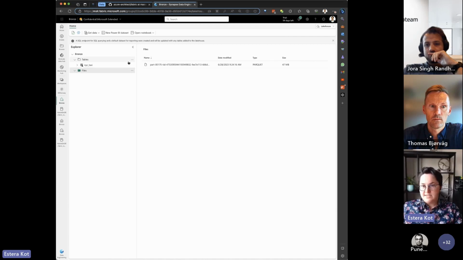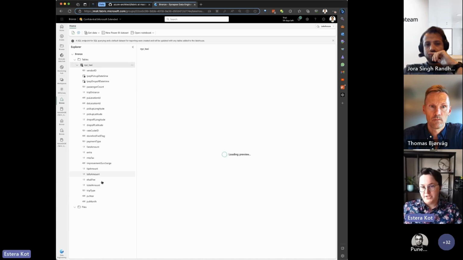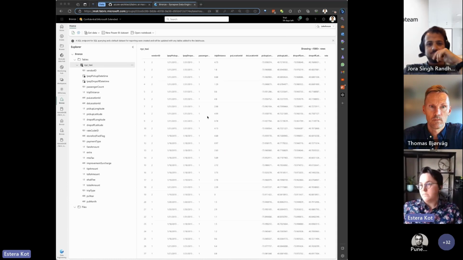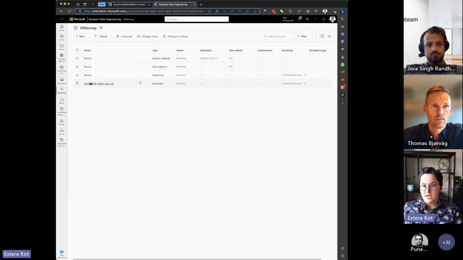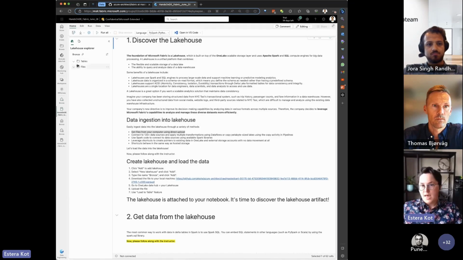Okay, at the same time, as you can see, we got a table. No need to refresh. We can just load it to the preview. We can check the types, some visualization, what columns we have there. And yep, all good. Now let's go back to our workspace and to the notebook. Let's refresh the files and the tables. Yes, we have the access.